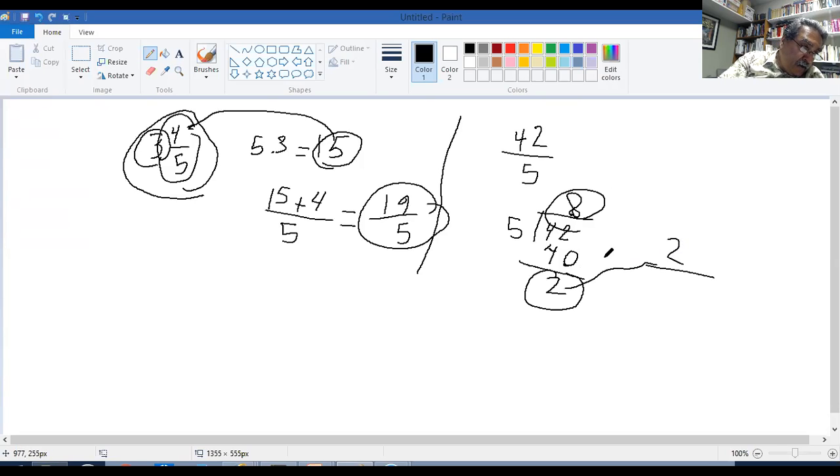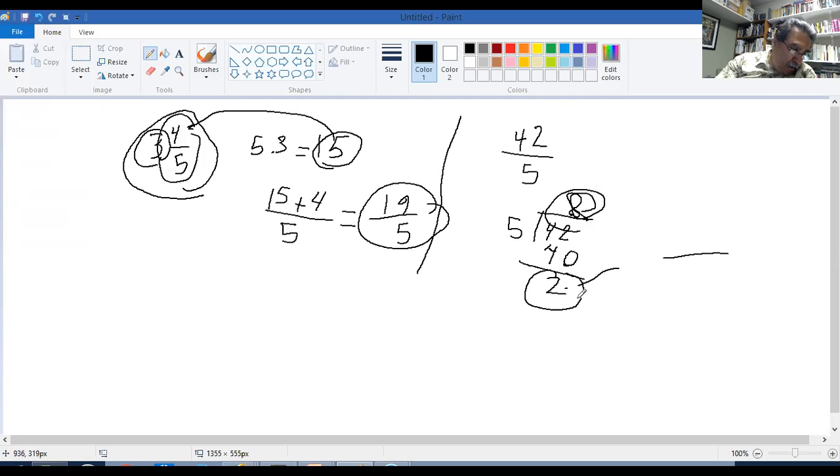The quotient becomes the number right next to it. So the quotient here, 8, goes here. Oh, I'm sorry, this thing has become very messy. So